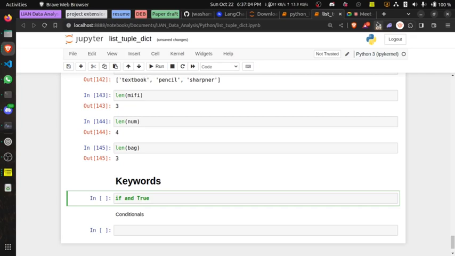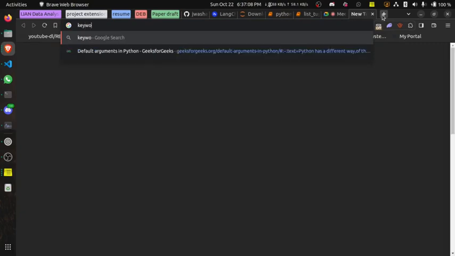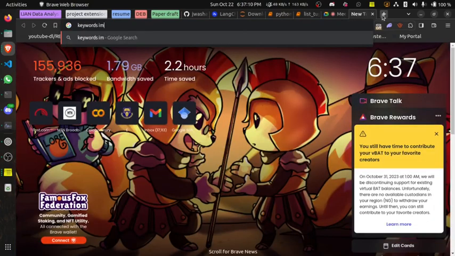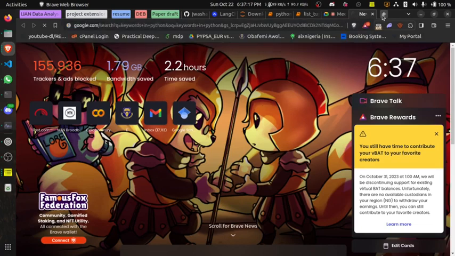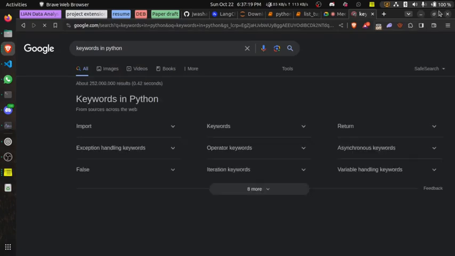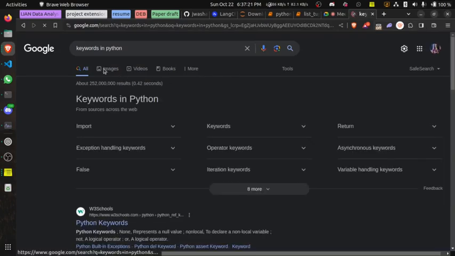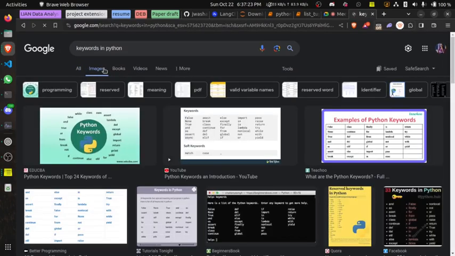You understand that? So I'm just going to bring out the keywords. I think I should get an image. Keywords in Python. I think there are about 32 of them, or 28. Let me see if I can get an image.